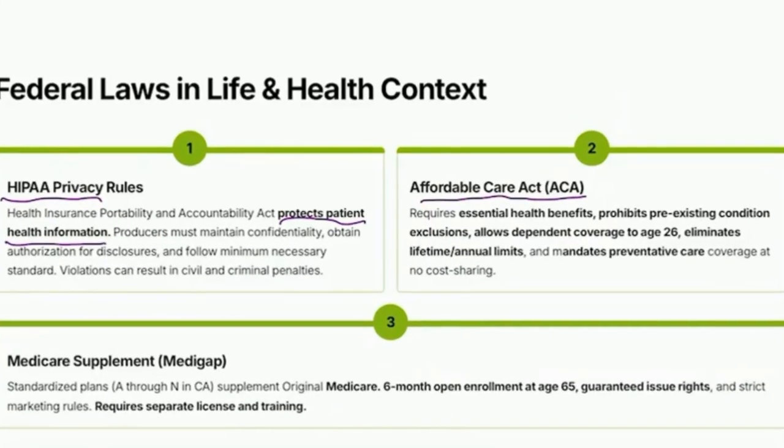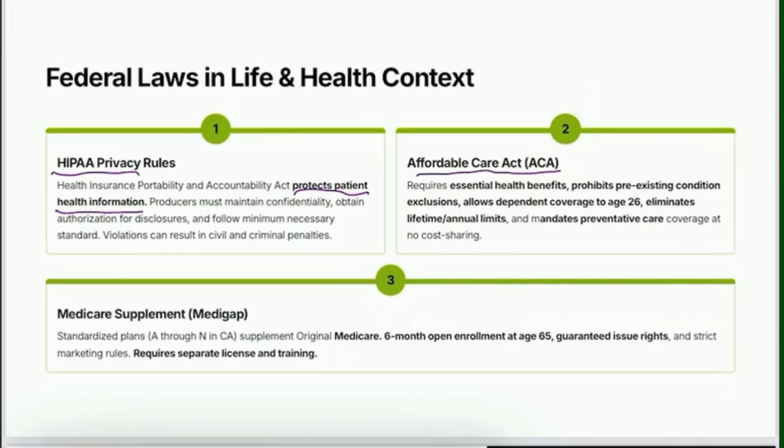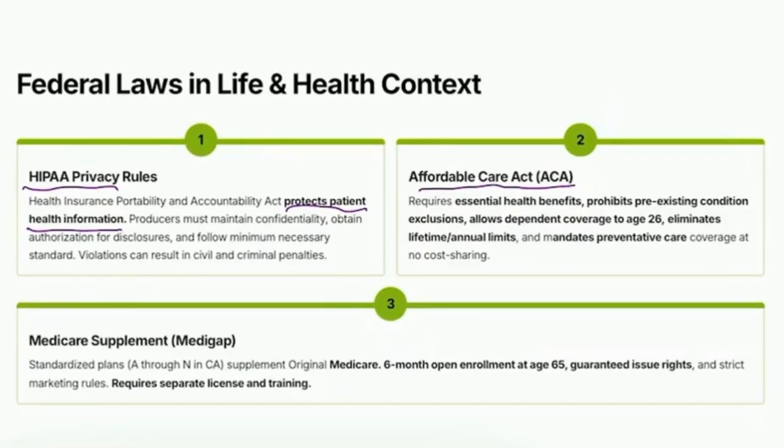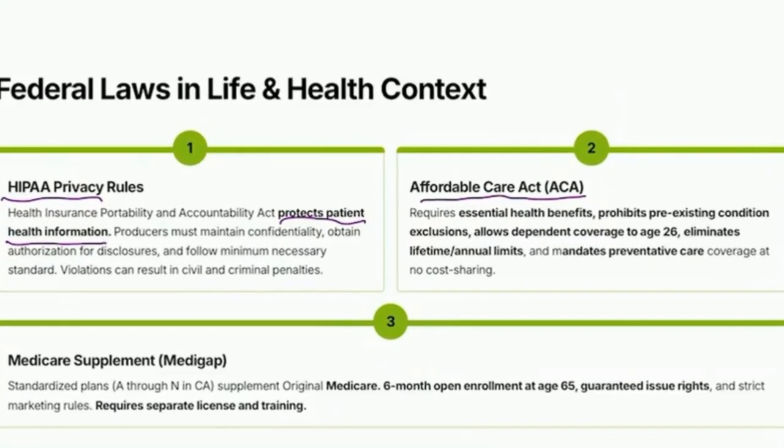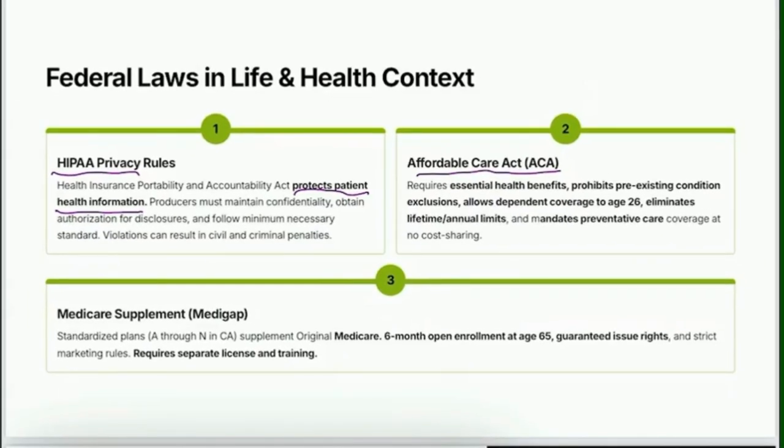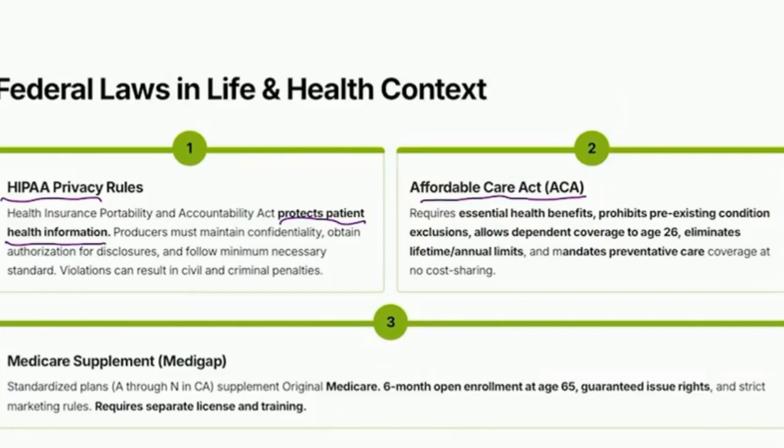Affordable Care Act is something that's gone over in detail in the health portions, but it does require those 10 essential benefits, right? Some of those, like pre-existing conditions, cannot be a cause to not write a policy. Allows dependent coverage up to age 26, eliminates lifetime and annual limits, mandates preventative care, things like that. And we talked earlier that while this is at a federal level, California has its own. They kind of just backed it all at a state level, so that if anything were to happen federally, it is still in place to protect consumers to keep these rights.